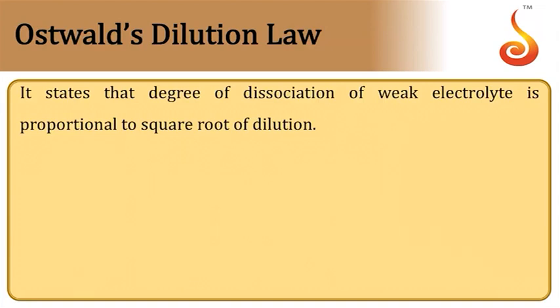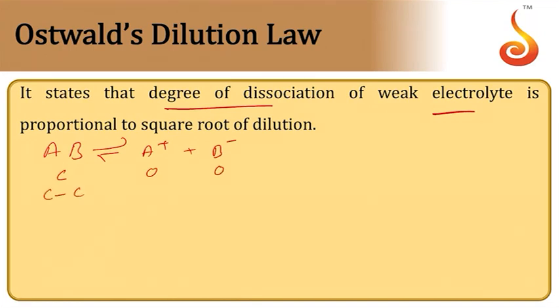Then comes Oswald's dilution law. It states that the degree of dissociation of a weak electrolyte is directly proportional to the square root of dilution. Let us take a salt or electrolyte like AB giving rise to A plus and B minus. Initial concentration is C, 0 and 0. At equilibrium, C minus C alpha,